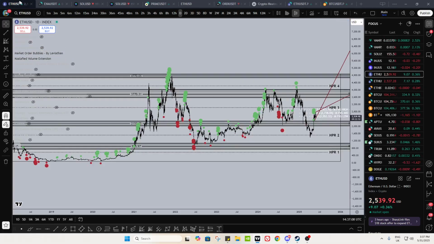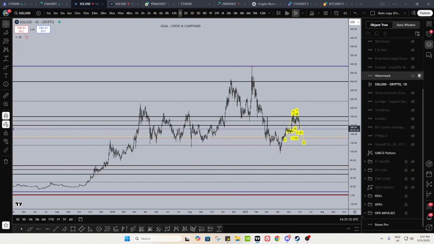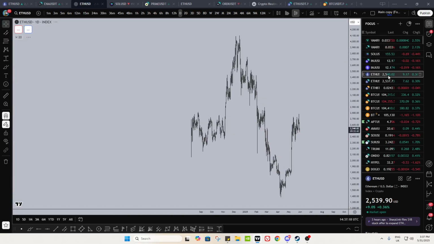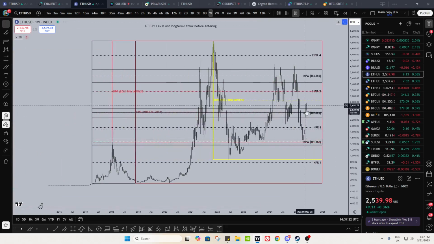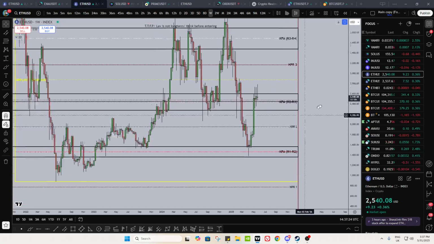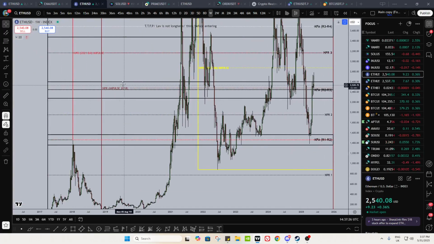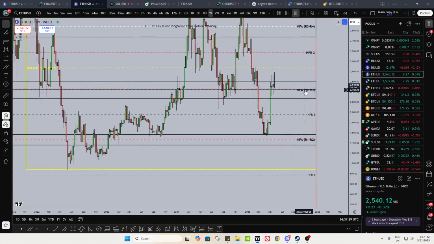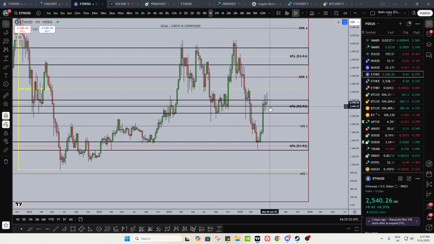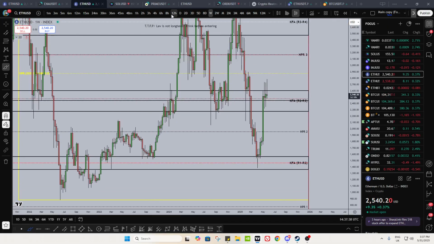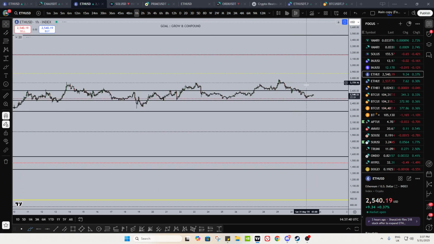If I was to go back to the actual index chart, which I'm already in, so let me turn this off. Do I have a better ETH chart? One sec, I think I do here. There we go, right? This is another view of it. In this view you are at the key inflection area right now, right? So you're also at the historical price range, 2018 impulse mid, at R2 to R3 mid of the key inflection area. So here's the thing, if ETH doesn't lose this, there's no point expecting lower. This is your line in the sand for ETH right now as we speak. If you're going to take some scalp to swing long attempts, it's going to be around over here.